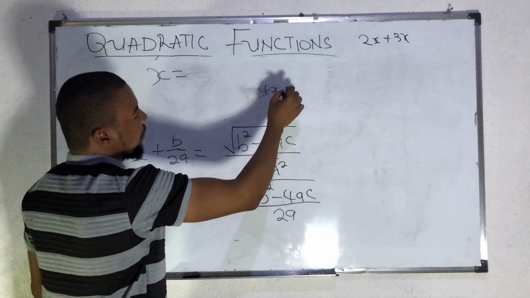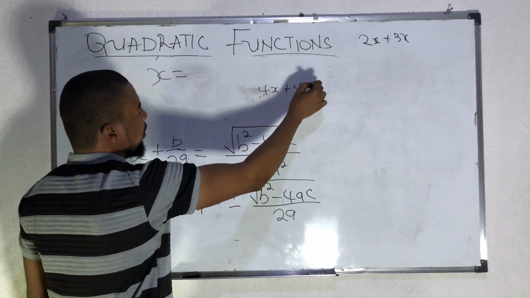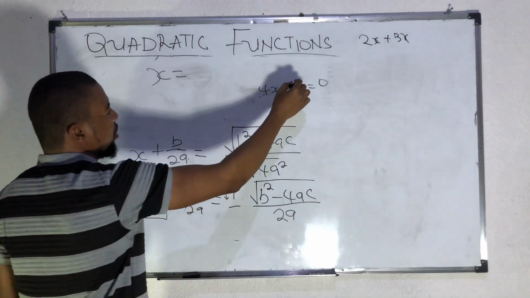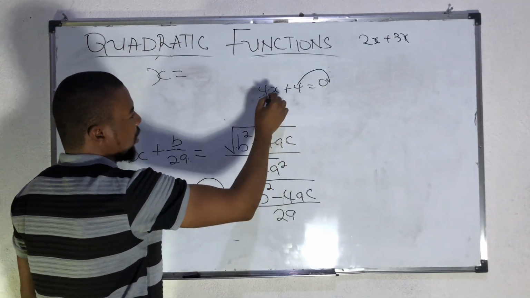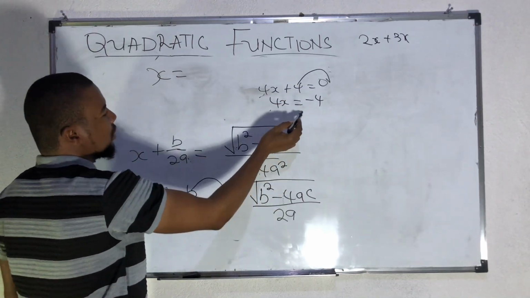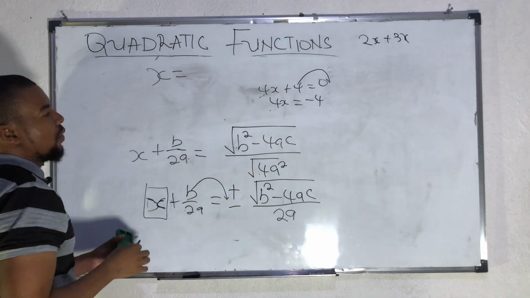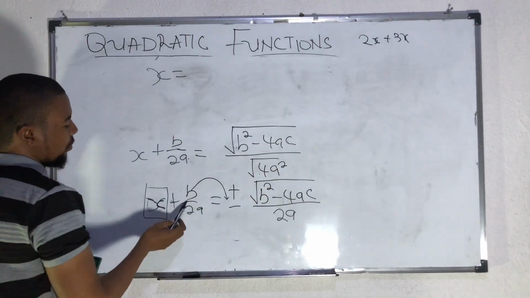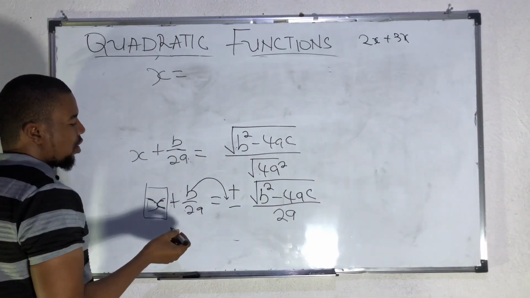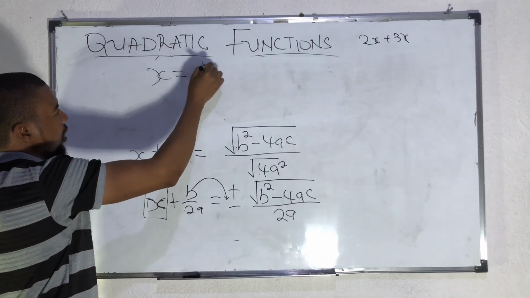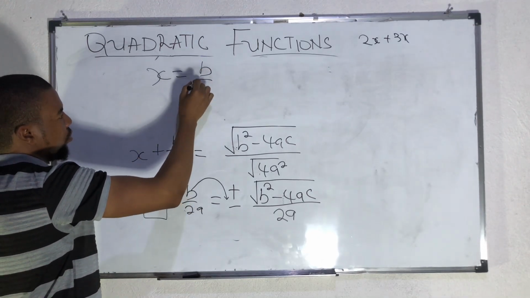4x plus 4 is equal to 0, for example, right? To solve for x, we simply transpose the 4 across. It now becomes 4x is equal to negative 4. We divide both sides by 4 to find the value of x. In the same way, we're going to transpose the b over 2a across, and this now becomes x is equal to b over 2a